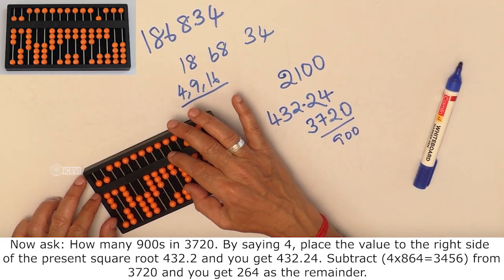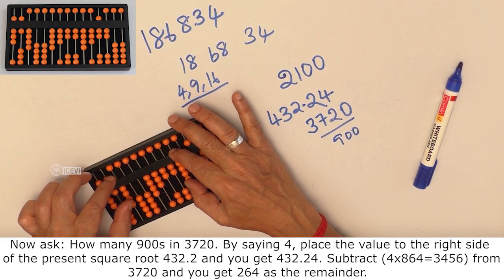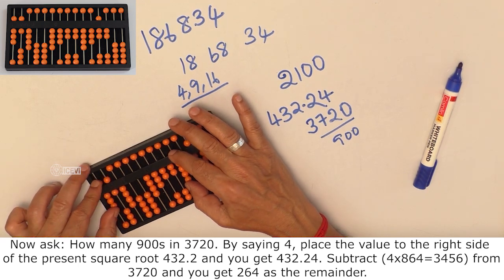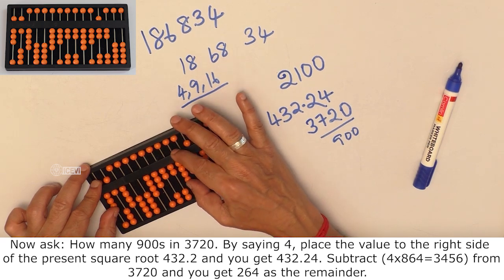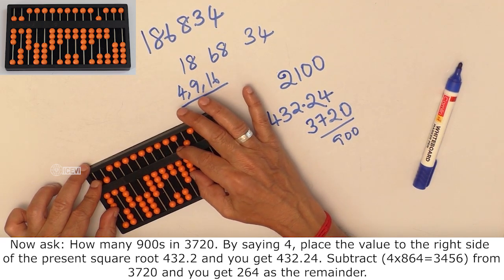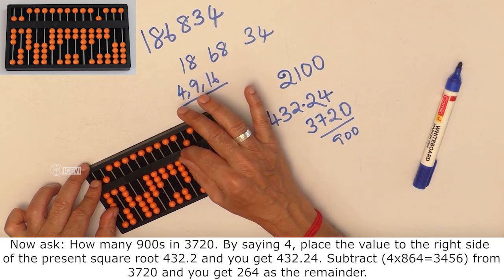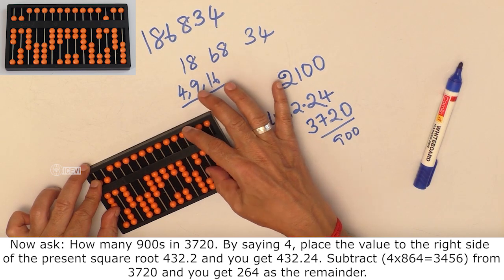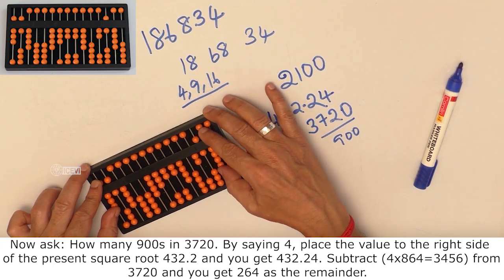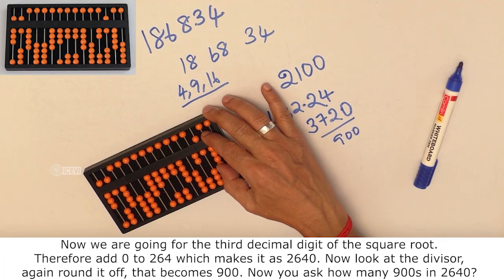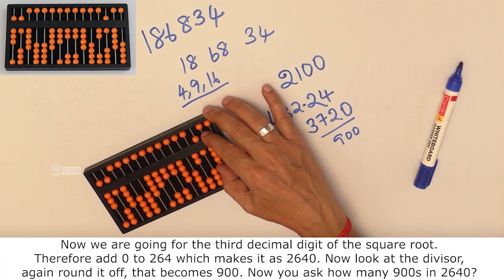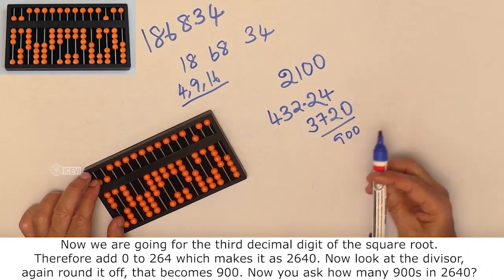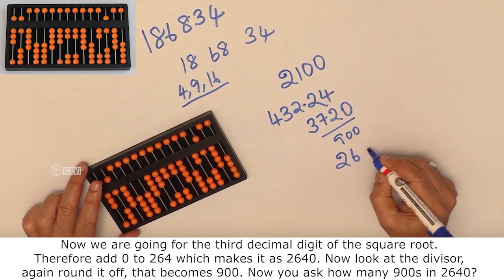Now multiply 4 with 864, that is 3456, and subtract this from 3720 and you get 264 as the remainder. Now we are going for the third decimal digit of the square root. Therefore add 0 to the remainder